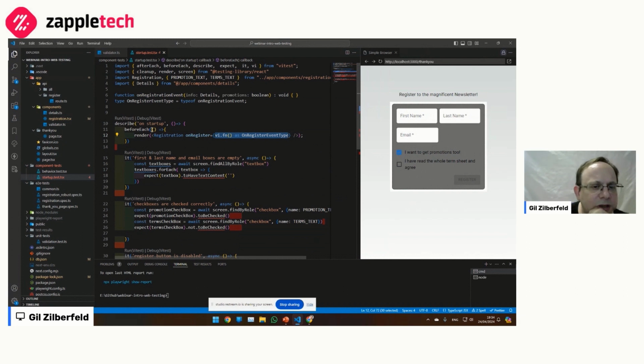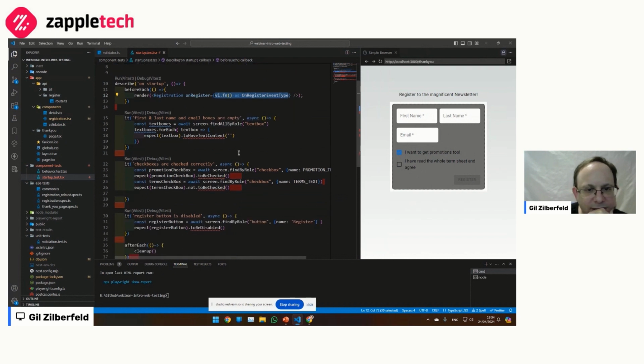So on startup, I'm expecting the first name, last name, and email to be empty. If you've seen Playwright or Selenium, it can look similar in terms of what it gives you. Basically, I'm checking that everything is empty here.